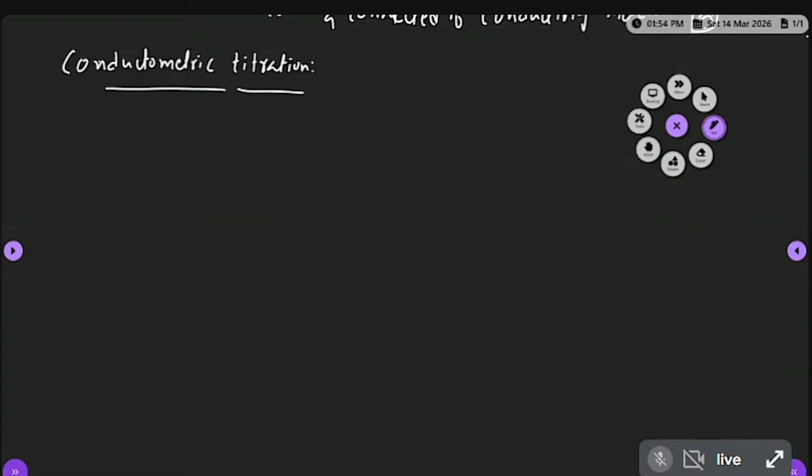But here in the conductometric titration there is no need to use an indicator. Without an indicator we can find the end point, the equivalence point. Equivalence point or end point. So what is end point? End point means that it represents or shows the